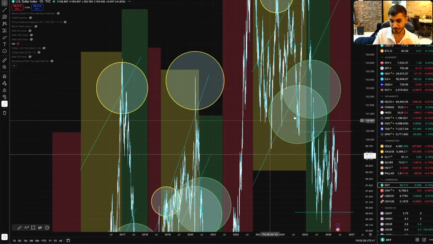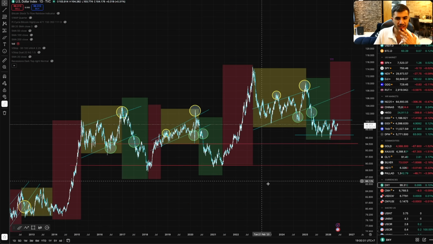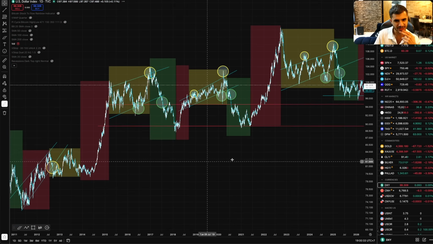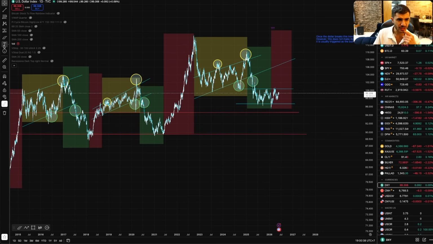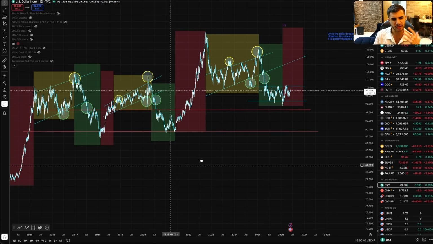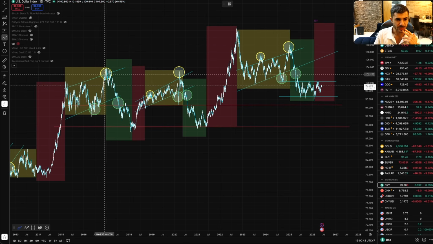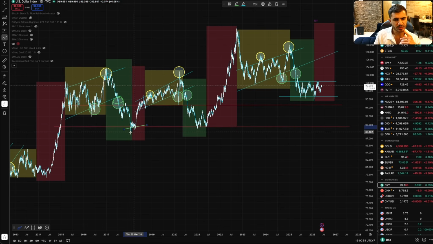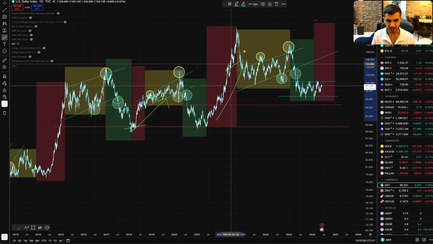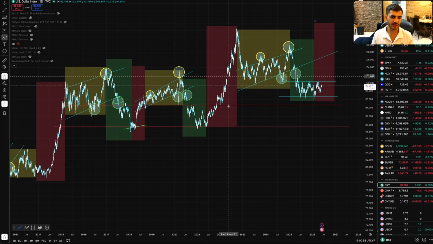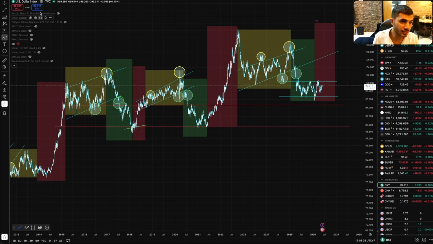Strengthening DXY. I've done analysis on that a long time ago, and the DXY has been following it surprisingly well. Usually, the structure of how it plays out is you get a parallel channel right here, an upward channel. We manipulate below and above it until we break below it. We find the bottom, and then we go up either slowly to the upside or sometimes aggressively, as such, right? But nevertheless, the DXY going up is bad for risk assets such as Bitcoin. That's why it's a red zone here. The red zone corresponds to